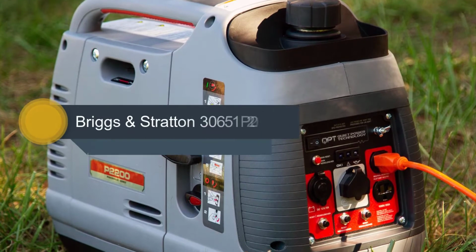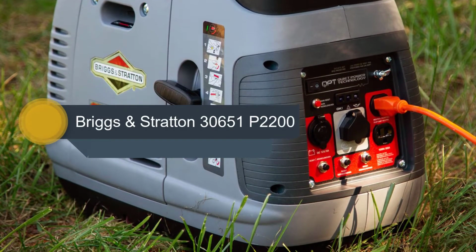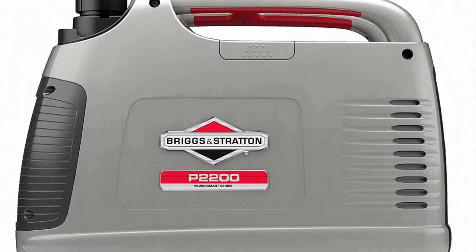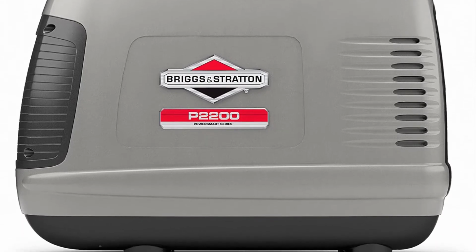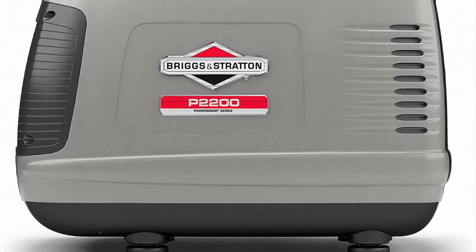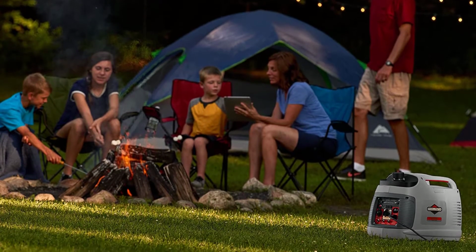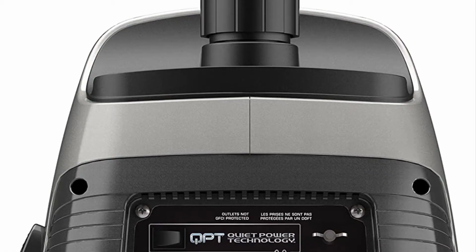Number 4. Briggs & Stratton 30651 P2200. With a computer-controlled engine, Briggs & Stratton's inverter generator maintains efficient and consistent power that's also quiet. It offers 1700 watts of power and it's easy to use and transport at a light weight of just over 55 pounds. Carrying handles are a helpful feature on this model, but it's the lighter weight that's most helpful for